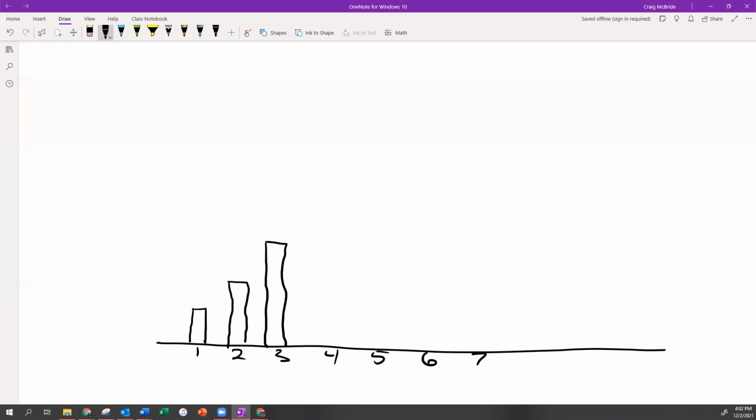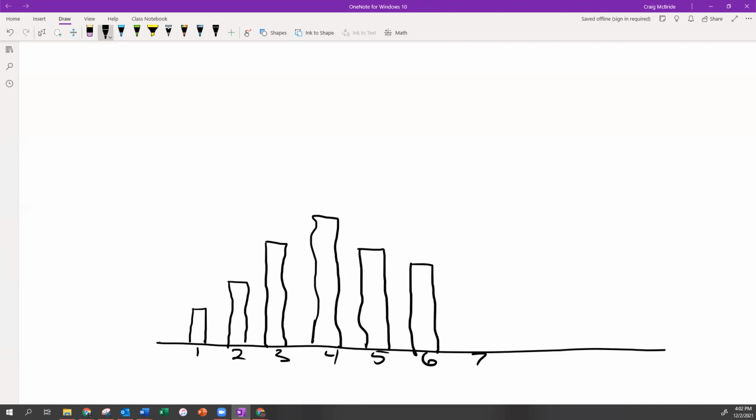The problem is that each bar is going to be centered on the number, and there's gaps. So that's not perfectly normal, but you get the idea. If we want to now approximate it with a normal curve,